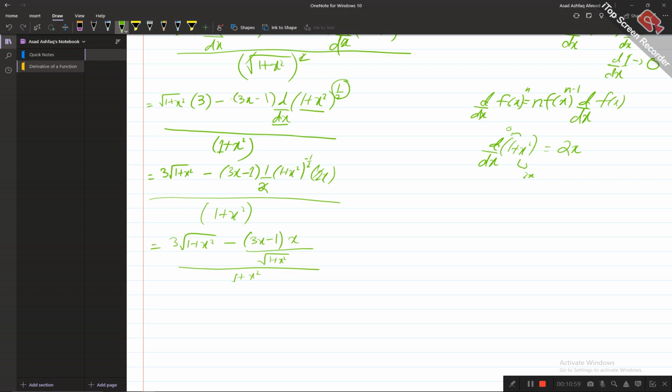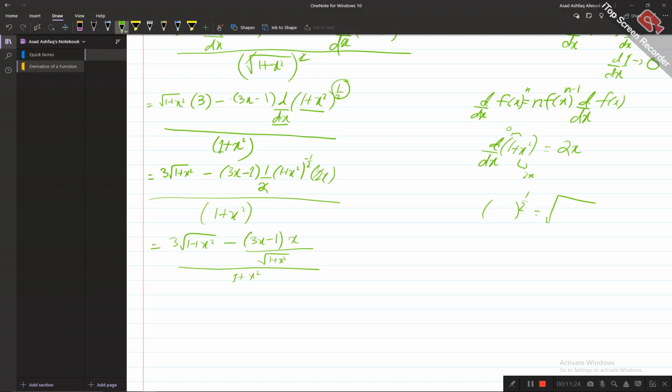Now I hope you understand how we will do it. This minus power will be shifted into the denominator and become plus, and we know that any term with power 1 upon 2 is a square root. Power 1 upon 2 is a square root. Okay, now